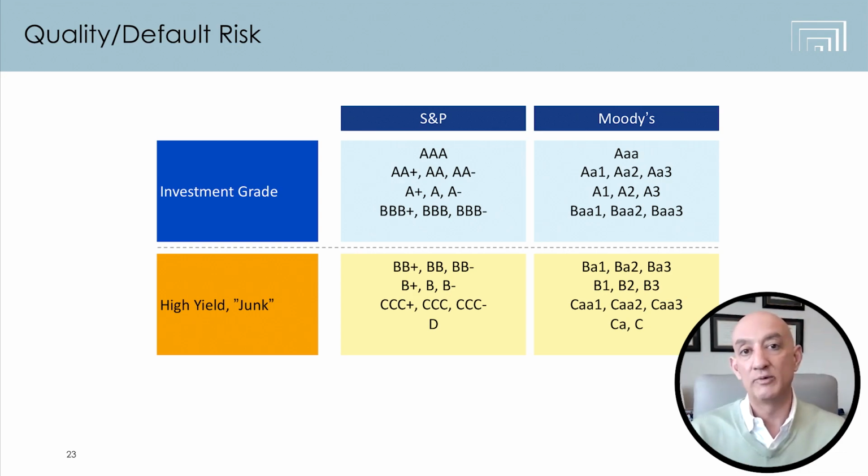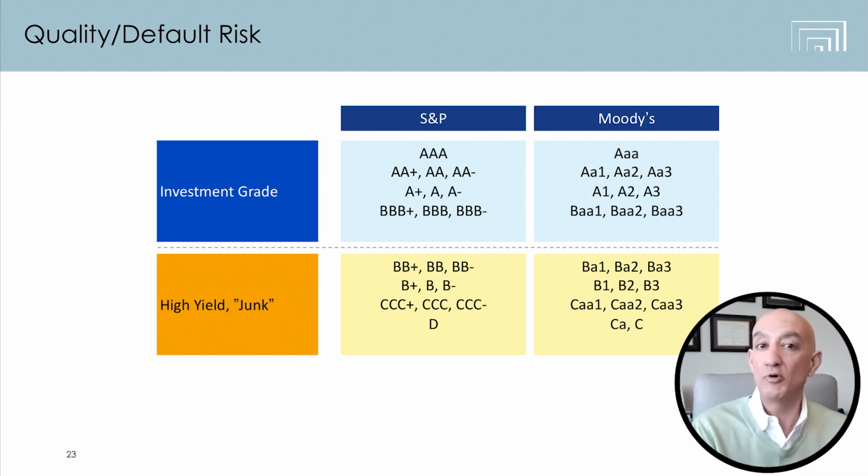So before we go into interest rate risk, just one observation to think about on credit risk. Generally speaking, if you were going to buy slightly lower quality bonds to get more income, you're probably better off buying those in a very diversified ETF or mutual fund format. We generally recommend ETFs for the lower cost, but you want to buy those in a very diversified basket so that you're minimizing the credit risk of any one issuer, even though there's a cost to that basket. So even if you buy an exchange traded fund, there is a little bit of a cost to it, but you're getting a very diversified portfolio.